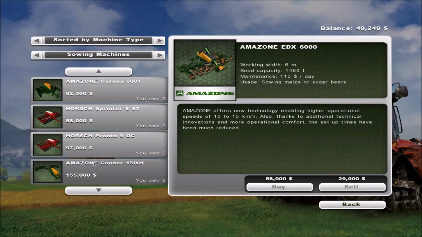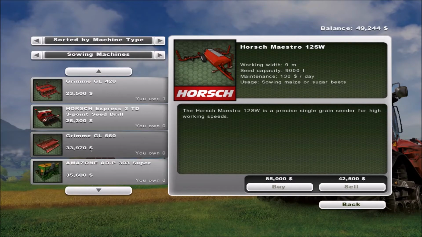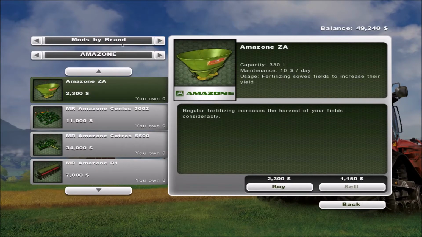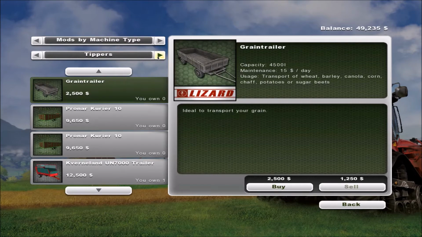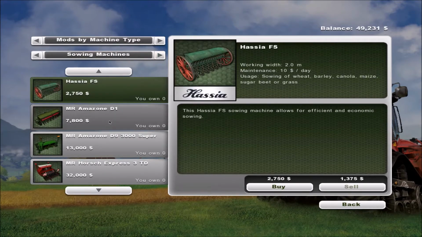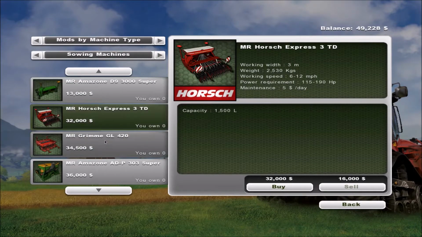You know what I'm going to do? I am actually going to find a modded one offline because I don't believe I have any modded ones currently. I will find a modded one offline and we will go into corn definitely next episode. Let's just see sewing machines. Don't believe I have any for...